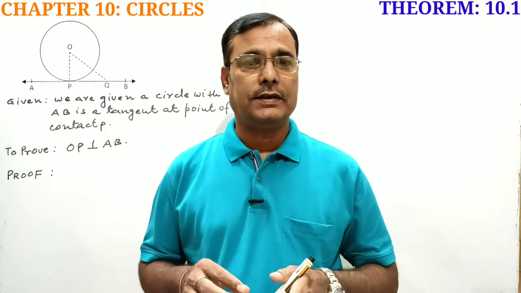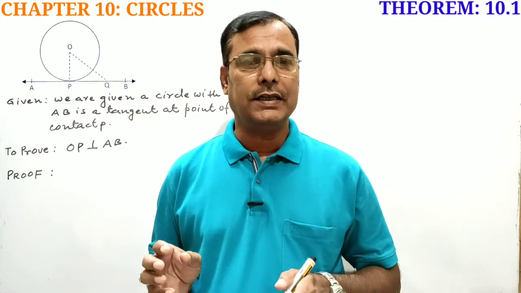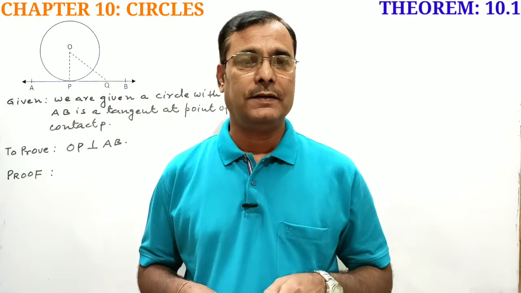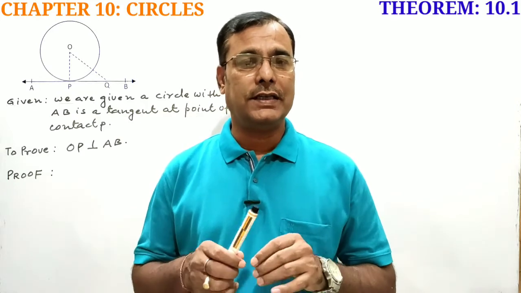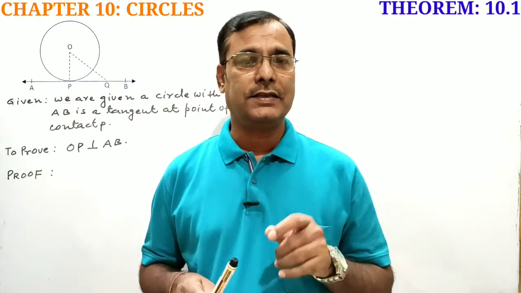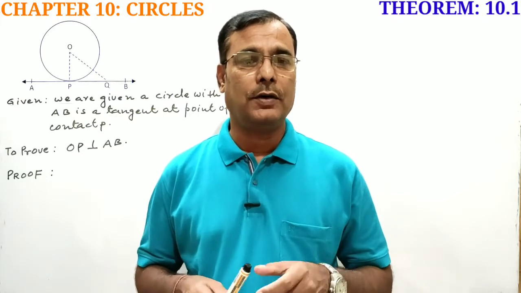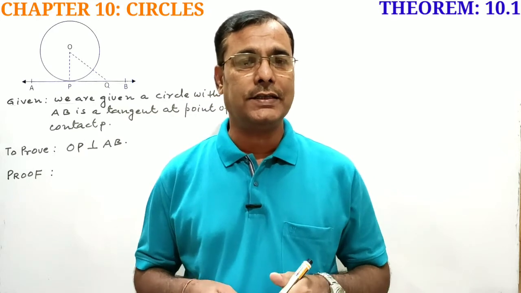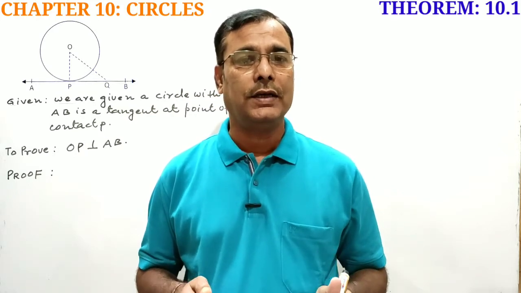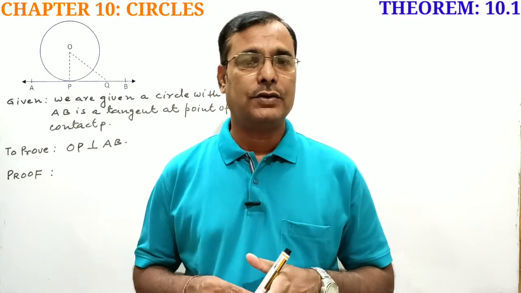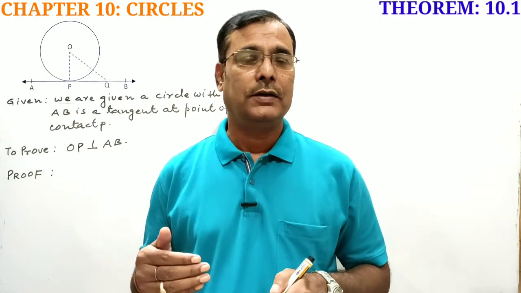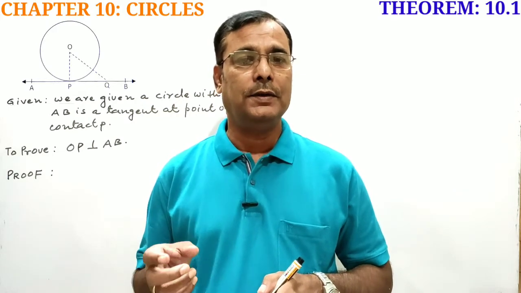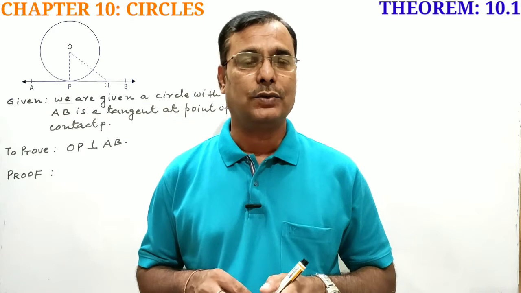This point Q being taken on the tangent AB must lie outside of the circle, because tangent AB and the circle have only one common point P. So, any point taken on the tangent AB will be surely outside of the circle. So, the distance of point Q on the tangent AB from the center of the circle will be greater than the radius OP.